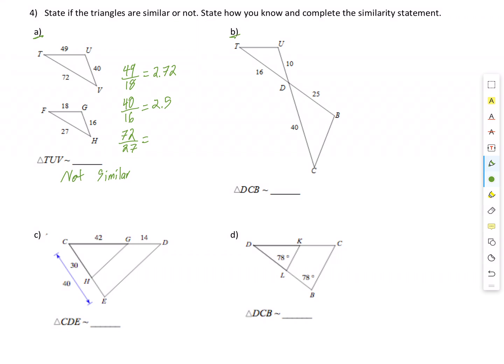Okay, B. We're given a side here, we're given TD and DU, then we're given CD and DB. So we know those lengths. We're given a side, and then a side and a side. And hey, these guys are vertical angles, so that means those two angles are congruent. So let's see if 10 and 40 have the same proportionality as 16 and 25. So I'll do 25 divided by 16, and that's equal to 1.5625. And if I do 40 divided by 10,